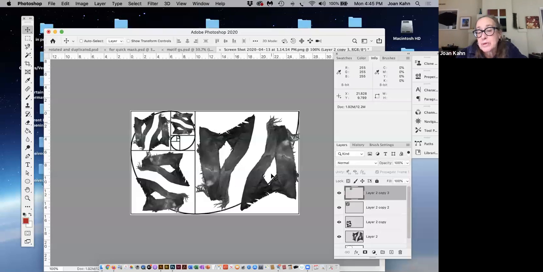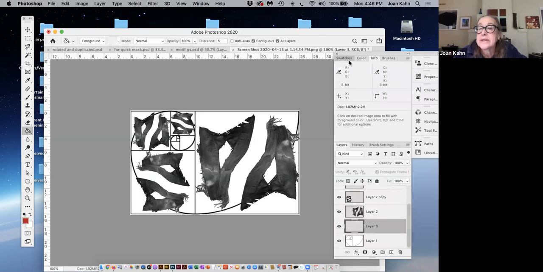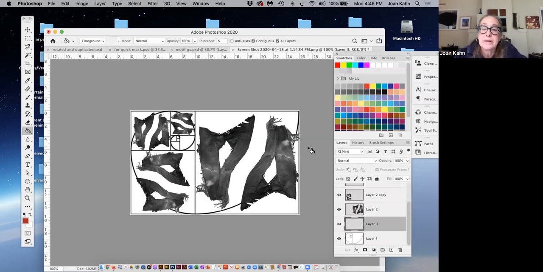For instance, I could put a background color in. So right at the bottom, you could actually make a layer above this layer and say new layer. Now you have a layer above the design layer. And you can dump color into this layer simply by going to your paint bucket tool and dumping a color in. So if I go to swatches,